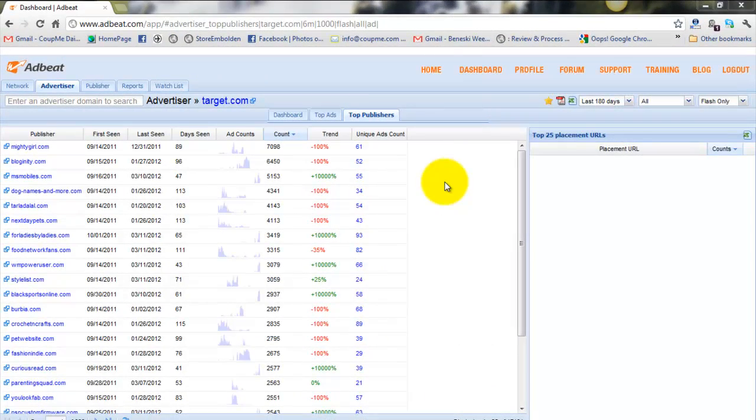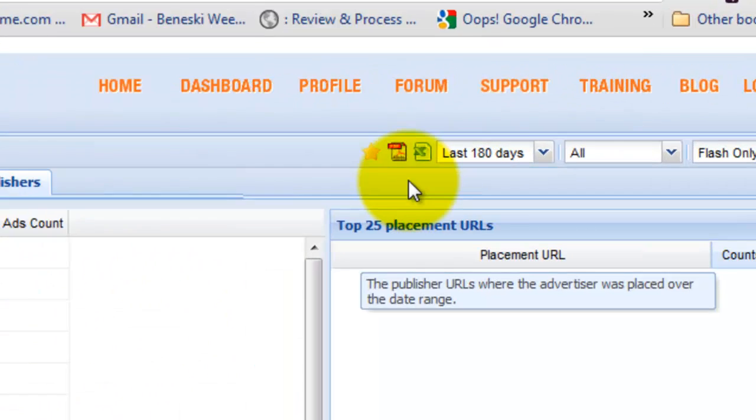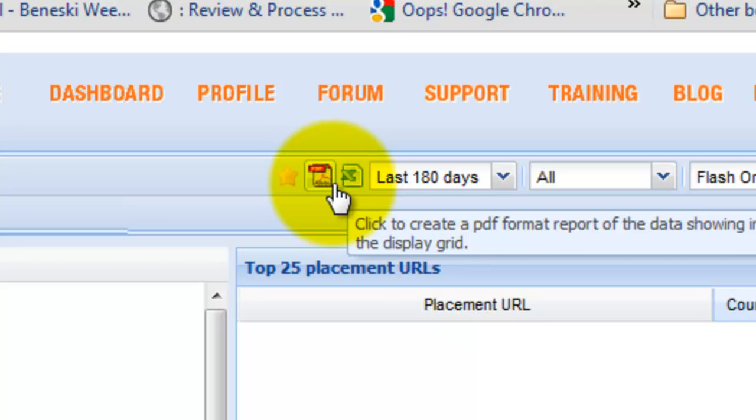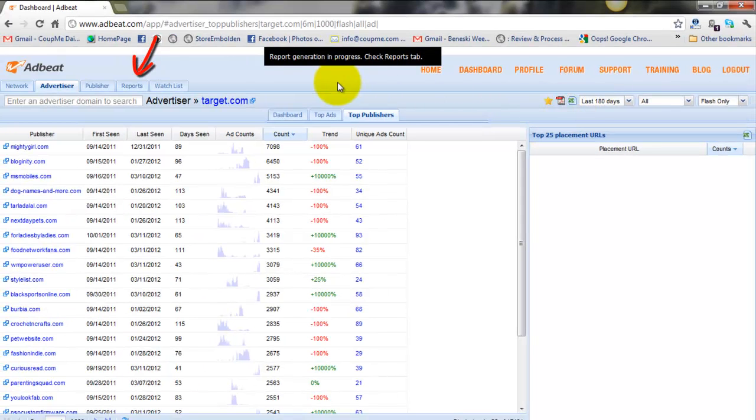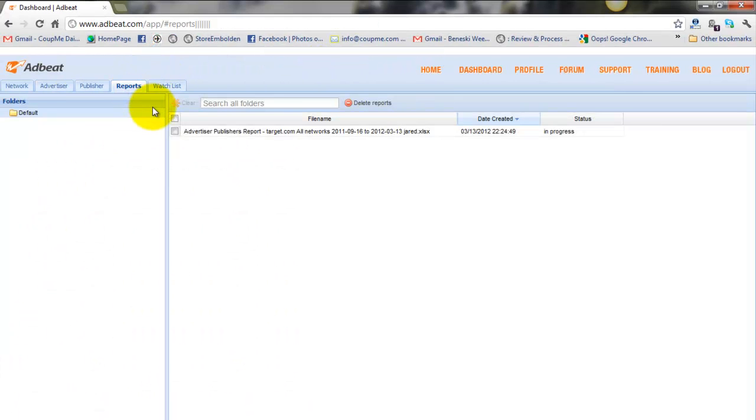Now, to capture the data on any of the screens and export them to a report, we can select a PDF report up here or an Excel file. For this demo, let's choose an Excel. As you can see, the report generation is in progress. We're going to go ahead and check the Reports tab. As you can see, the status is in progress. We can go ahead and right-click the default folder, select a new folder, and type in a custom name. Then we can drag and drop